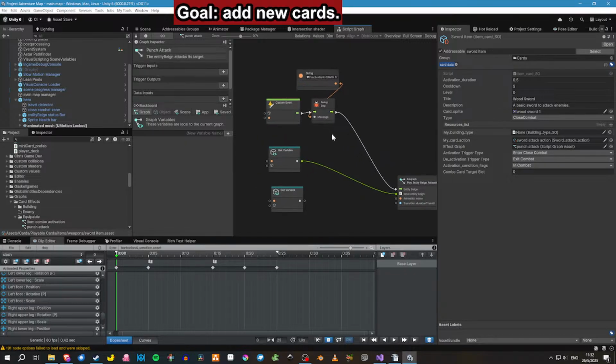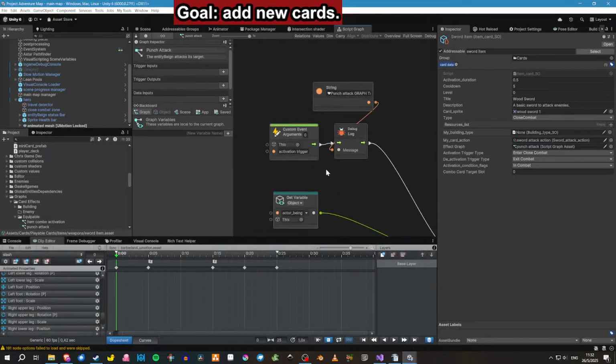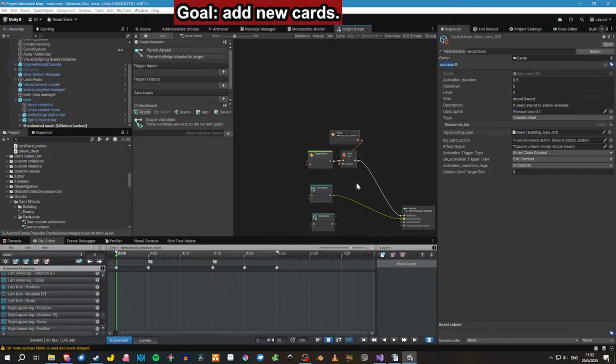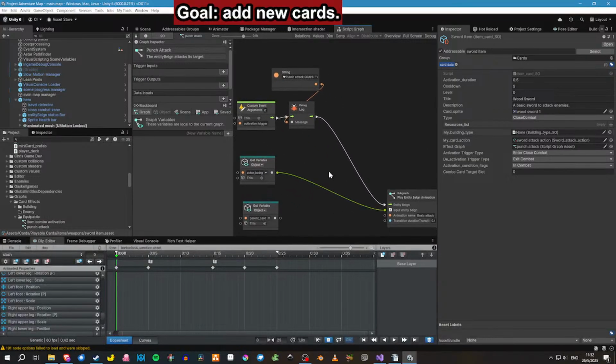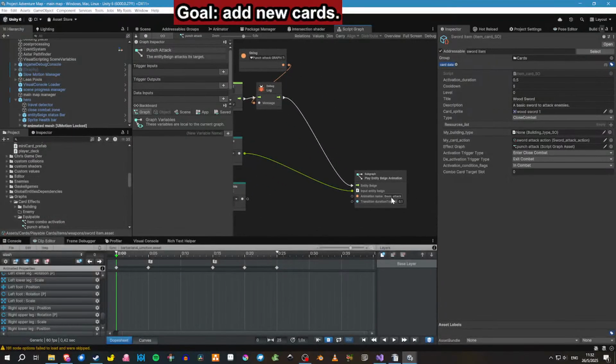There's a custom event here called activation trigger, and this runs the animation. Simple. So what I need to do now is